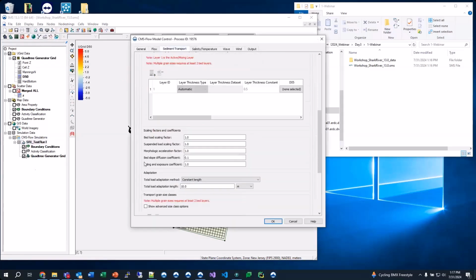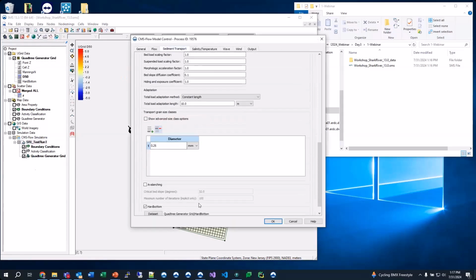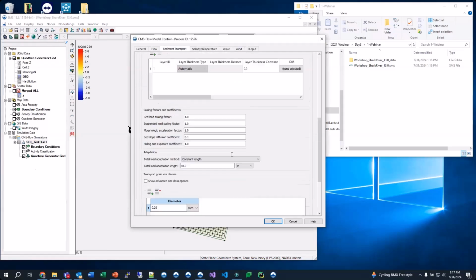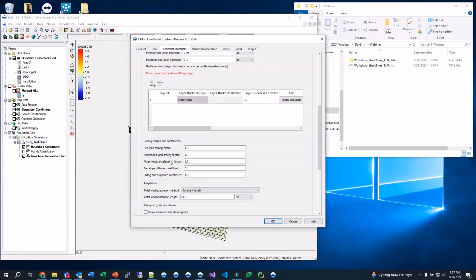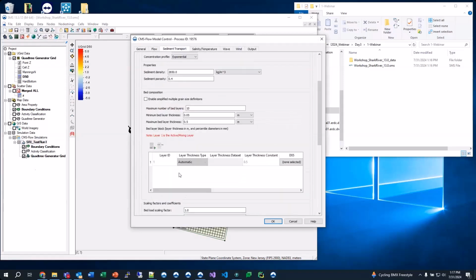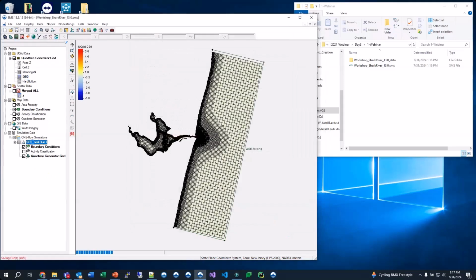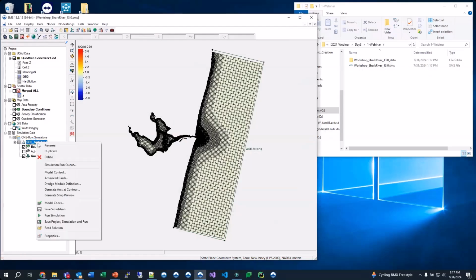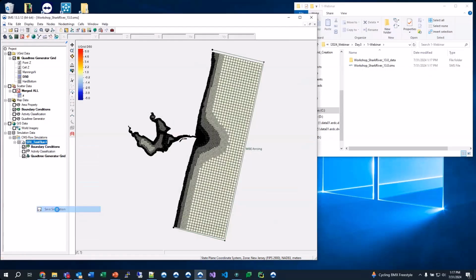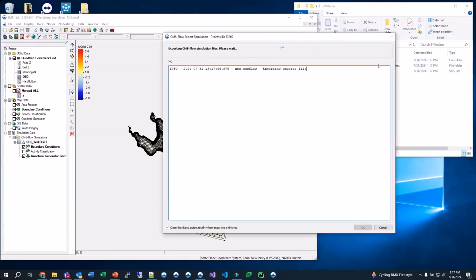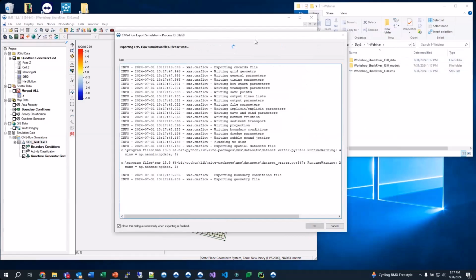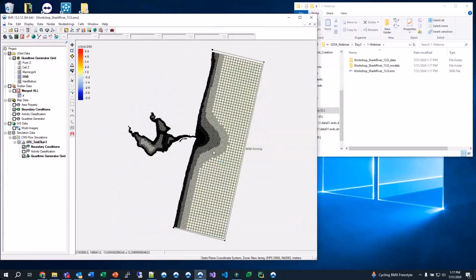So sediment transport, come down here. I'll delete the second diameter. If you have one, then you can get by with one bed layer. If you have more than one, you have to have more than one bed layer. All right, we'll save again and we will export or save the simulation. It goes through and runs those checks again. Hopefully it won't find anything new. You see over here now, there is some kind of an error there,